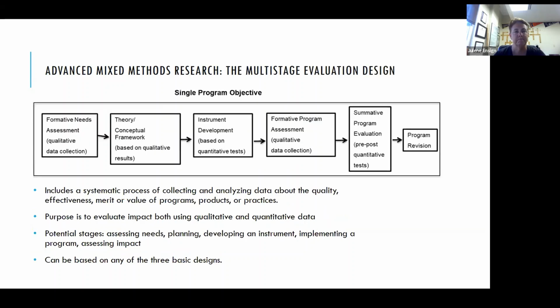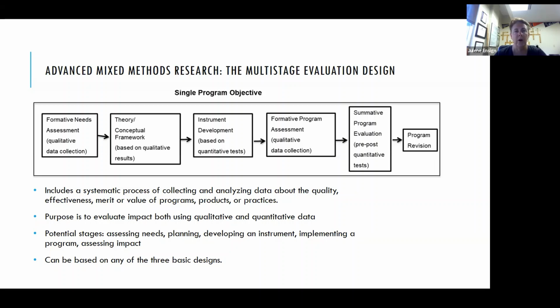Usually there's a framework that we're working under that helps us determine what we're supposed to be focusing on. And then the last one here is a multi-stage evaluation design. The difference here is that its purpose is to evaluate using both qualitative and quantitative, just like everything else, but at different stages along the way, you are evaluating and then making decisions to move forward based on what kind